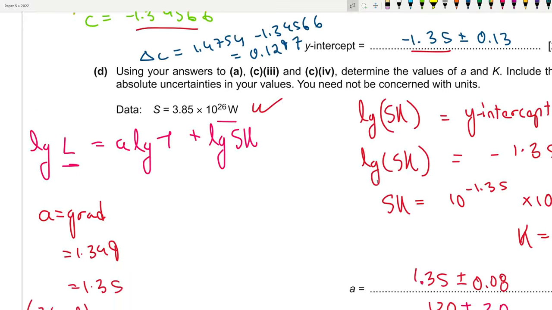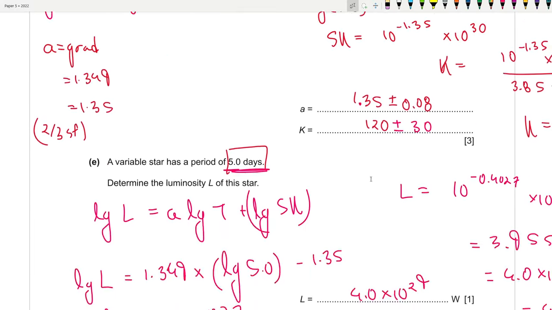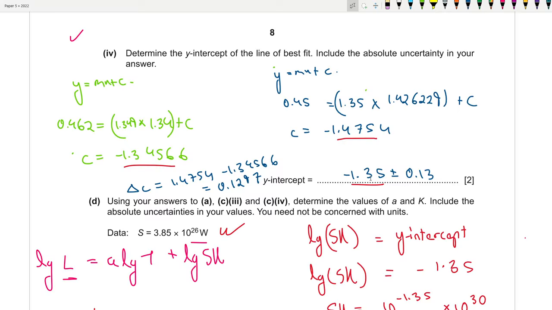Next, now these two parts were present in the previous paper of paper 5.1. So let's see how to deal with this, okay? Using answers to A, C3 and C4, determine the values of A and K. Include the absolute uncertainties in your values. You need not be concerned with units. Okay. So throw back to the previous part